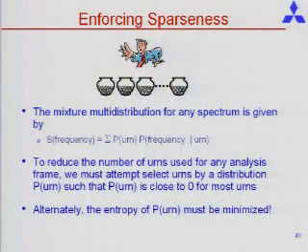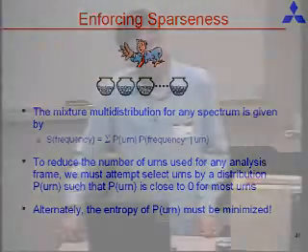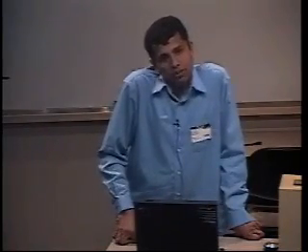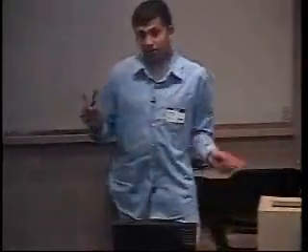Is minimizing entropy mathematically equivalent to minimizing the zero norm? It's not exactly the same, but they're related. This is a minimum entropy. You're sort of looking at it from a KL distance, right? And there is an L0, but they're related. Minimum entropy is much more tractable.